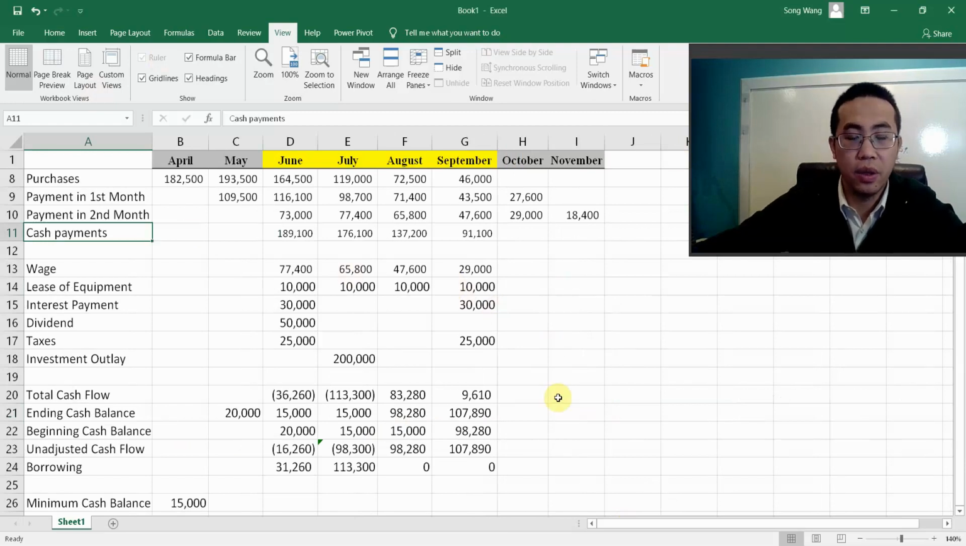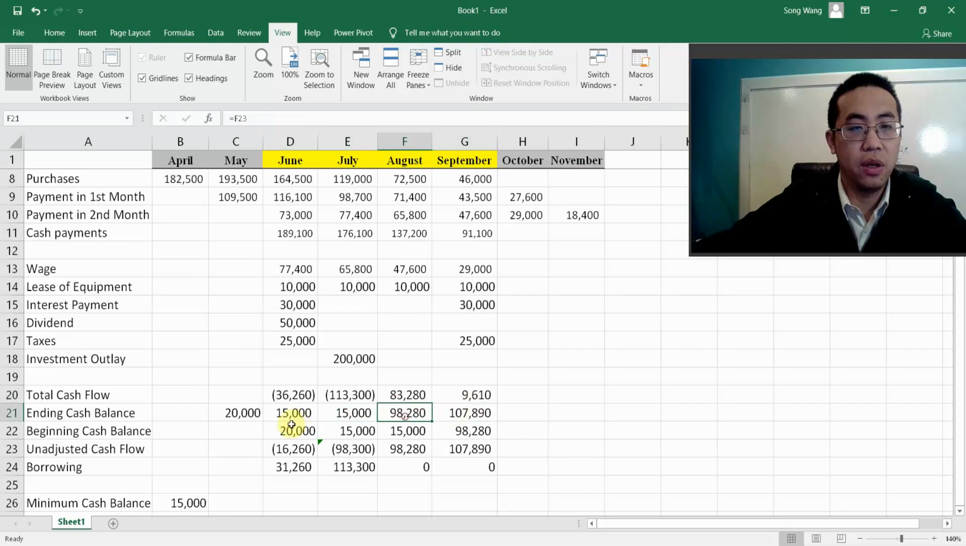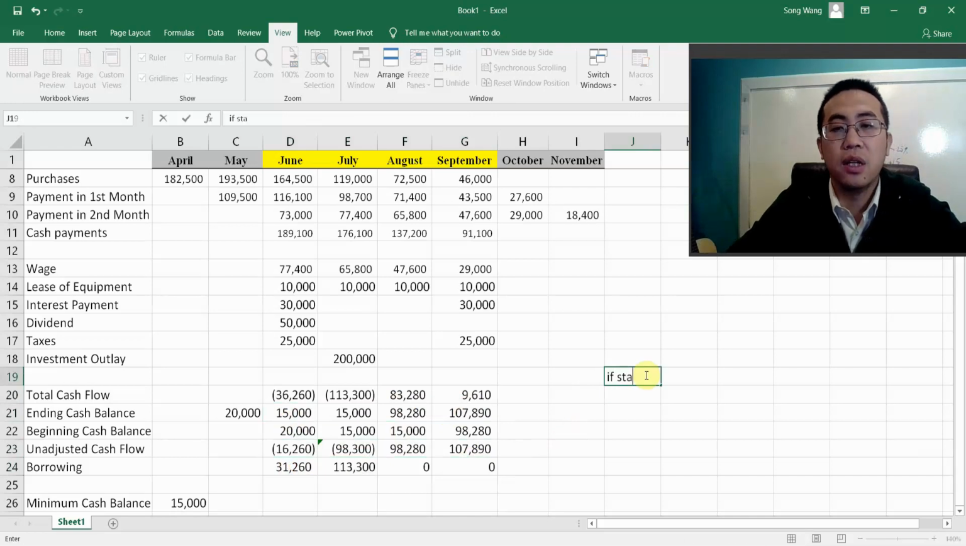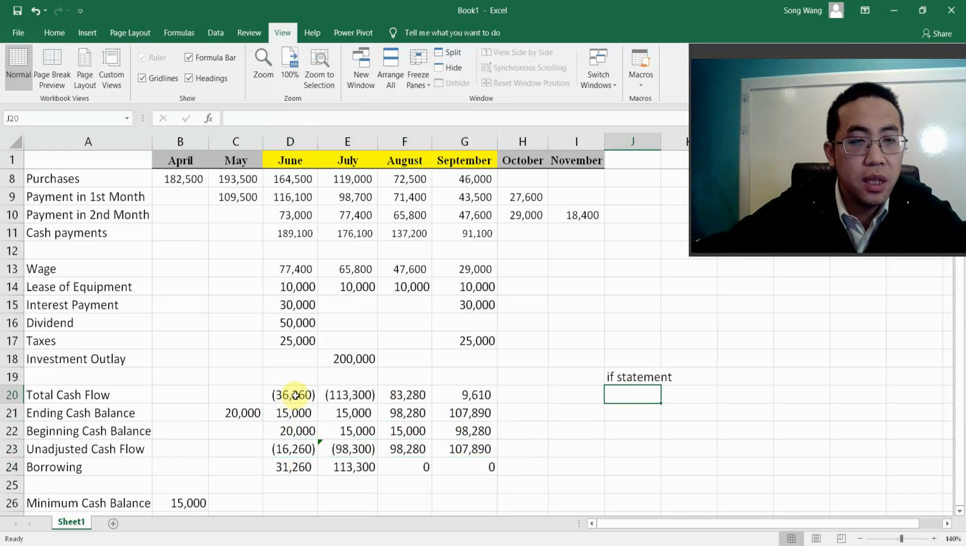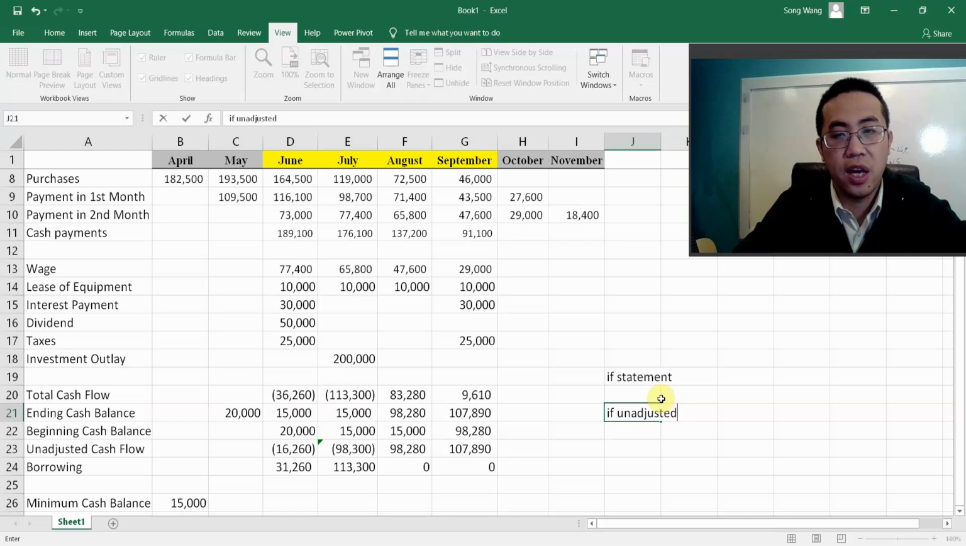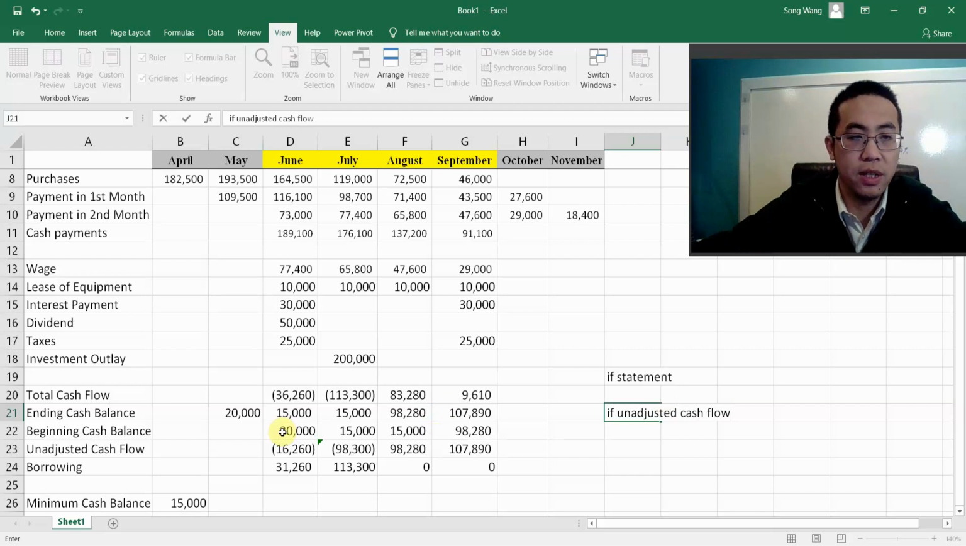So here I want to show you something. Instead of having different formulas for ending cash balance and for the total amount of borrowing, I will use one formula. I will use the IF statement. So basically, if the unadjusted cash flow, which combines how much money you had at the beginning and how much money you make and spend, so that's your unadjusted,